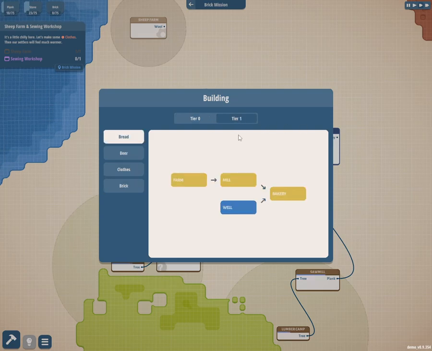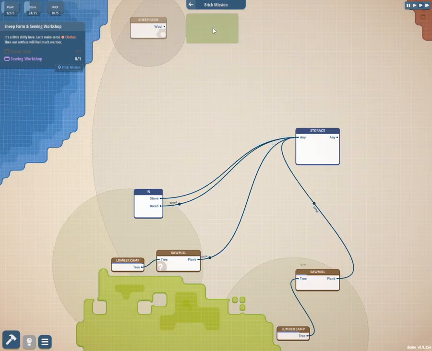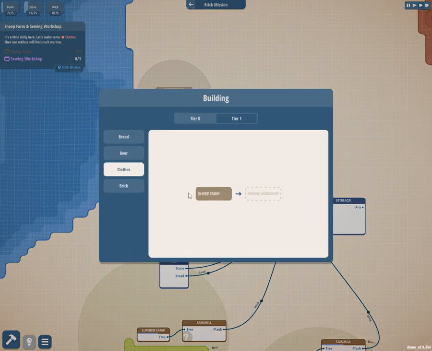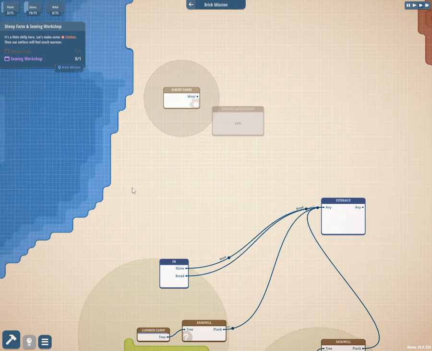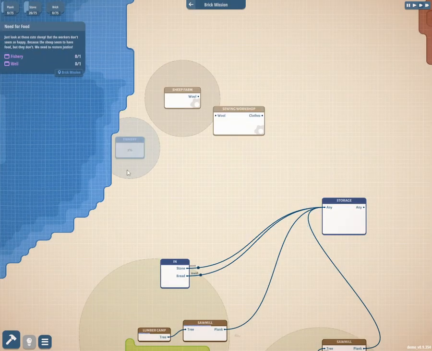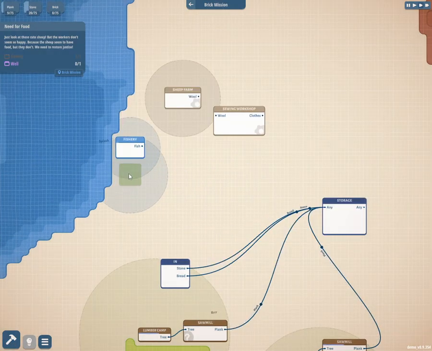So we were working on clothes. So, sewing workshop. And this is kind of where we were saying earlier. This requires maintenance, so we will end up needing fish and water for this to even work. So let's do fish, water,